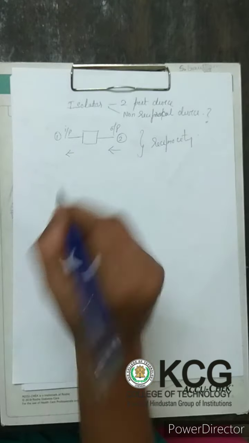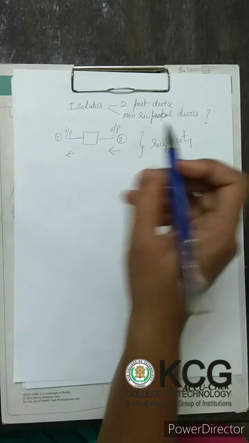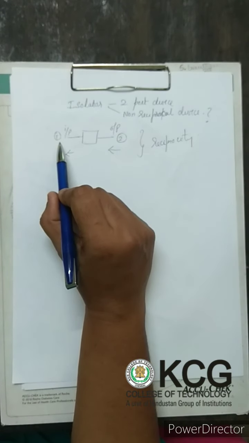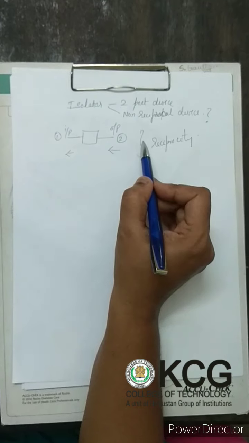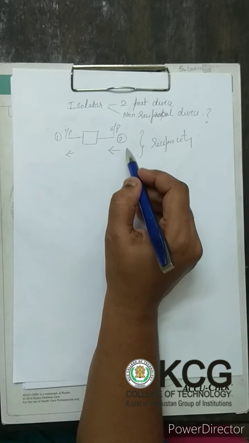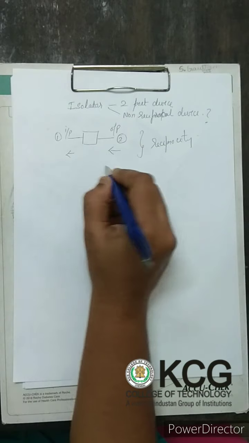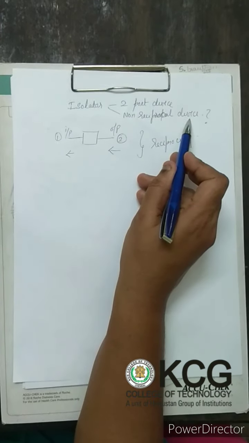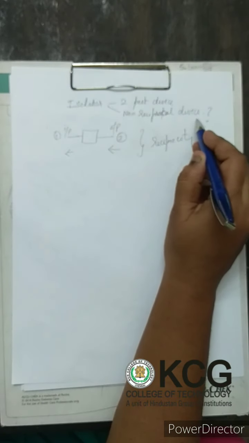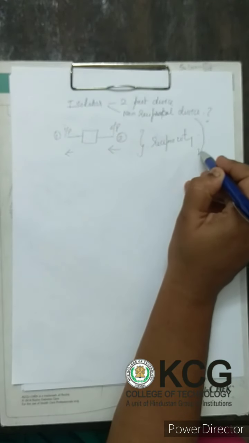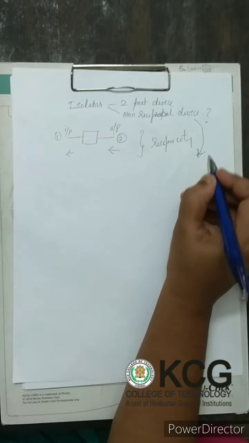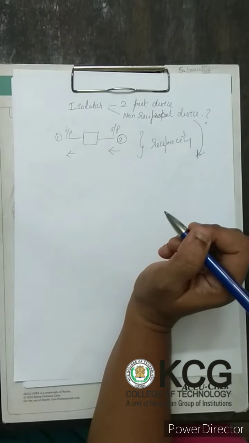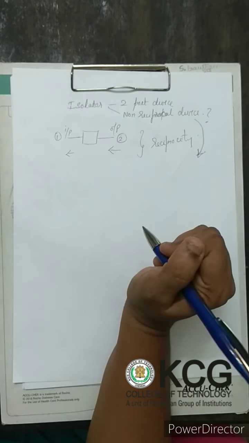A non-reciprocal device is one where it happens only when input is given at port 1 and the output is taken at port 2, whereas when you give some input at port 2, you don't receive any output at port 1. That is a non-reciprocal device. It has an advantage and is used in microwave bench setups and microwave systems. So what is the need for this non-reciprocal device?